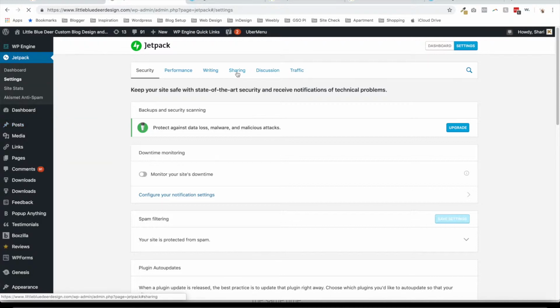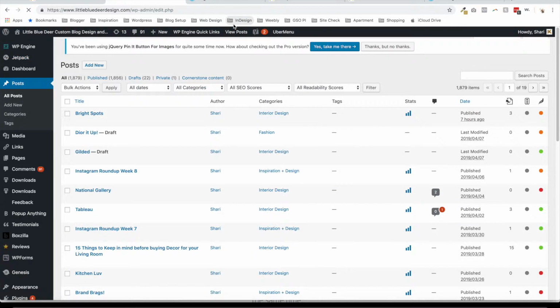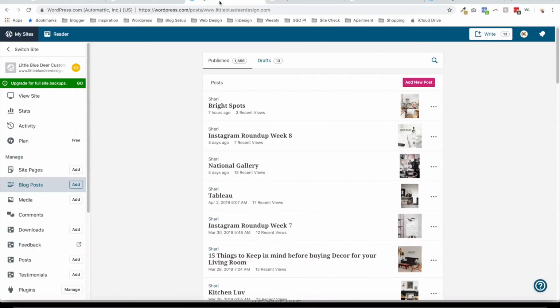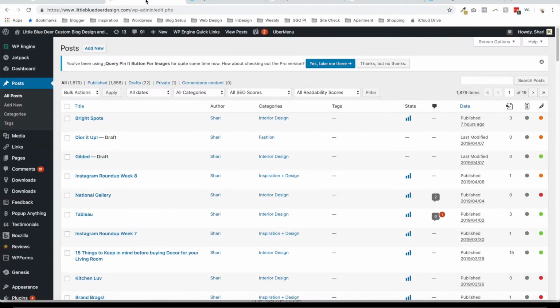These are all of my blog posts, and you can see the difference between what the two dashboards look like. Okay, so do you see that you're dealing with something that is two completely different things? Now, the key to WordPress.org and WordPress.com is if you want to do custom design, if you really want to take your blog to the next level, then you're going to want to have a self-hosted WordPress or WordPress.org blog. However, you can connect your WordPress.org blog to WordPress.com so that you can have all of these